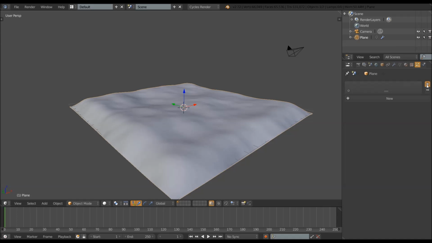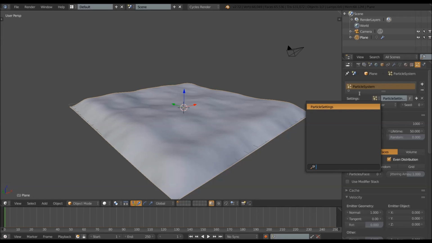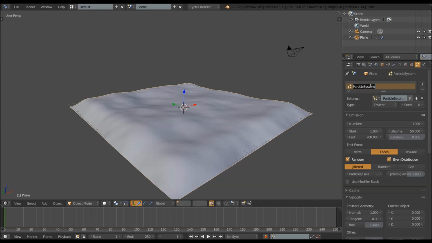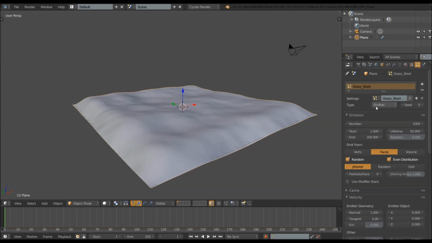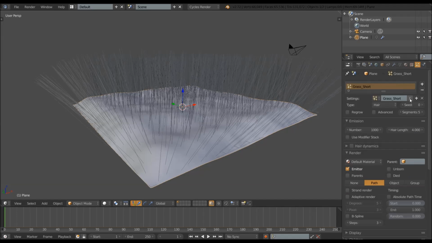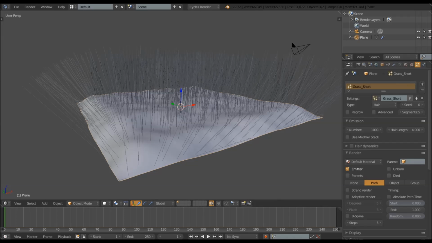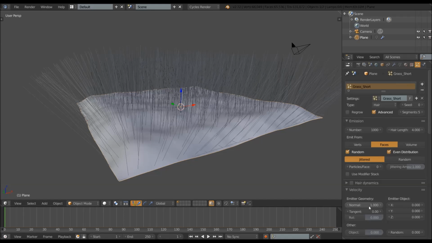Now, if we were to add in a grass or a particle system right now, let's name this particle system grass_short, because this is the general short one. Right now, I'm going to change the type to hair. And you can see when we change the height of this hair, because right now it's really long, I'm going to check advanced, and then right here we can change the height to 0.03, which is exactly the